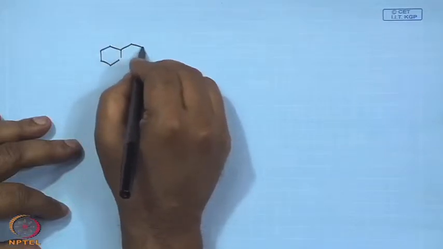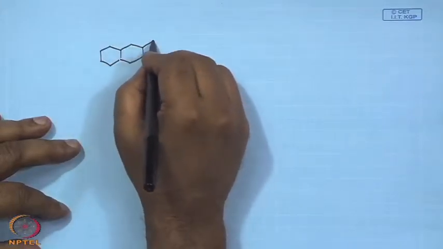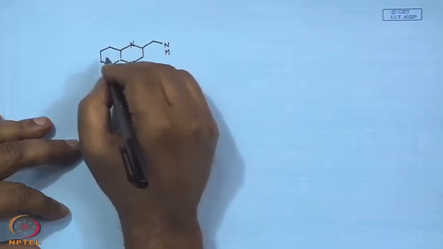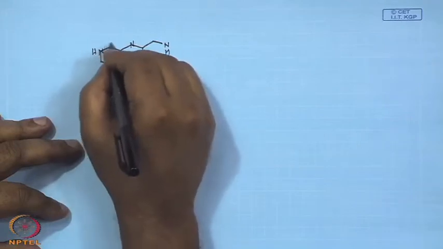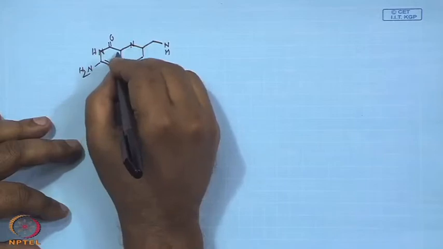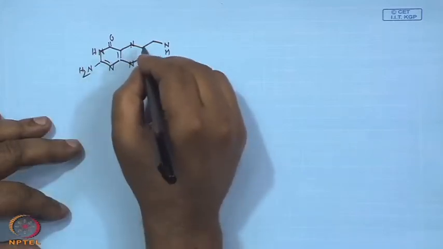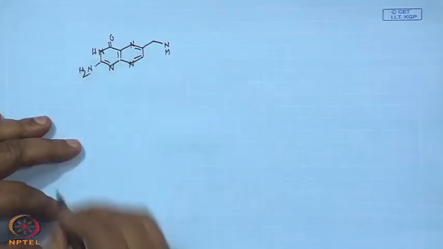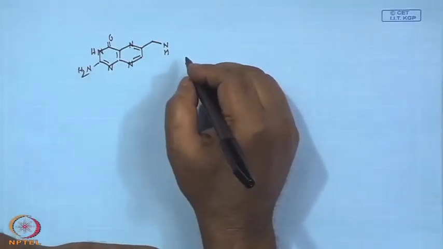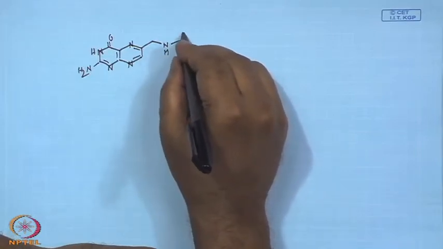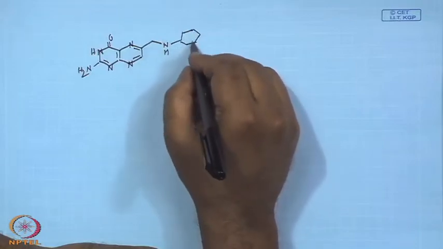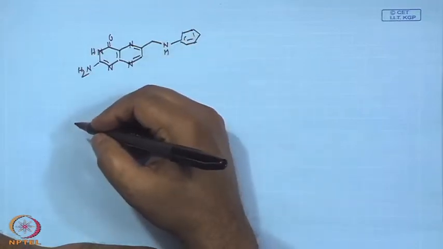So, that is the last item to be talked about. Let us say I will write the structure, right. You have to tell me the name. The heterocyclic nucleus that is here is NH2. What is the heterocyclic nucleus, the way I have written? Any guess? To start with, I have told you in the very first slide. What is the heterocycle? Pterine. It is called pterine, right. Fine. Okay. So, pterine, and then